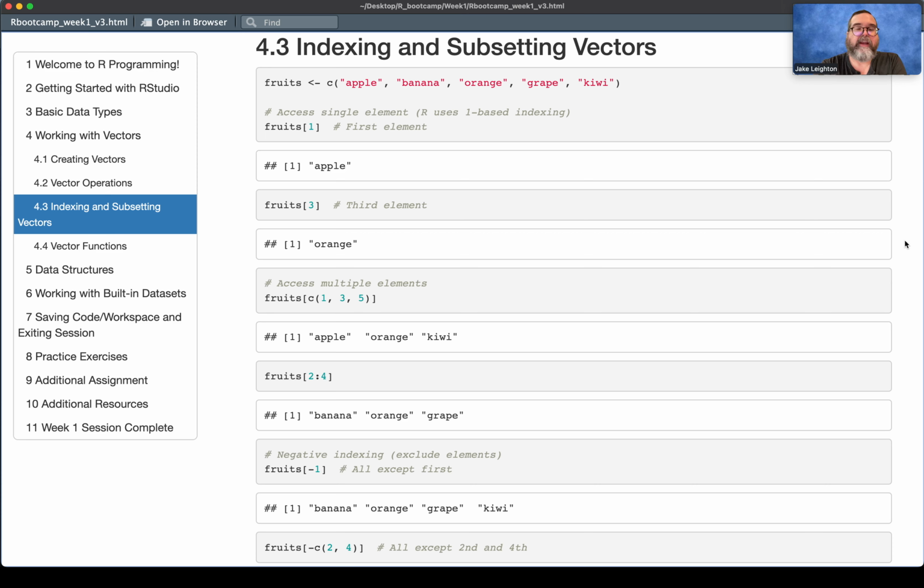So the next step is indexing and subsetting these vectors. Once we actually have these vectors, what if we want one value of them, or a couple of values of them? How are we able to subset these out? Okay, so the way you do this is by brackets. Parentheses are more for a function or creating a vector, whereas brackets are